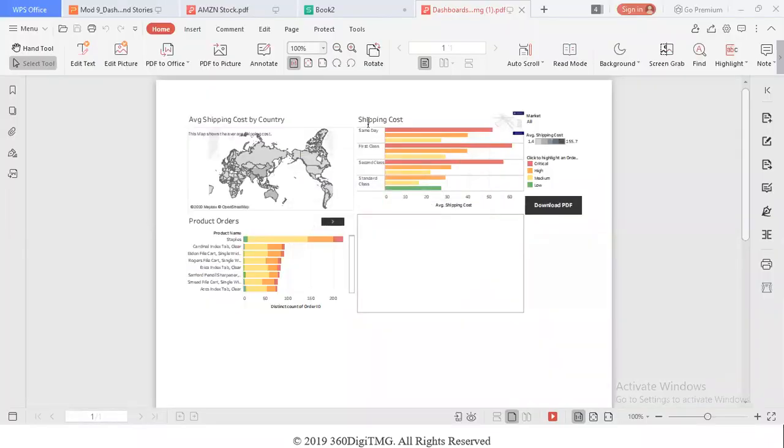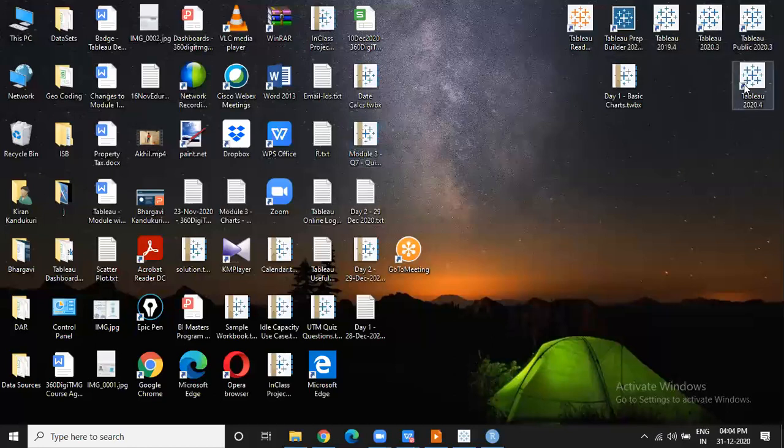Yes, sir. How to connect to PDF and how to export that data coming from a PDF into an Excel.